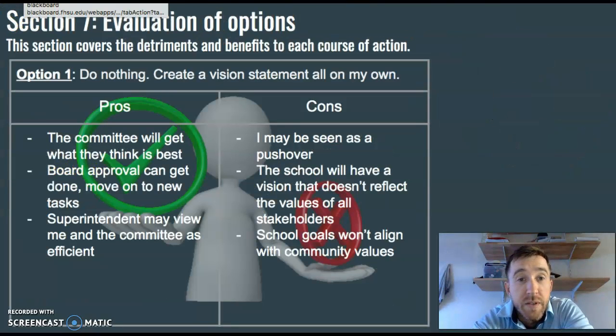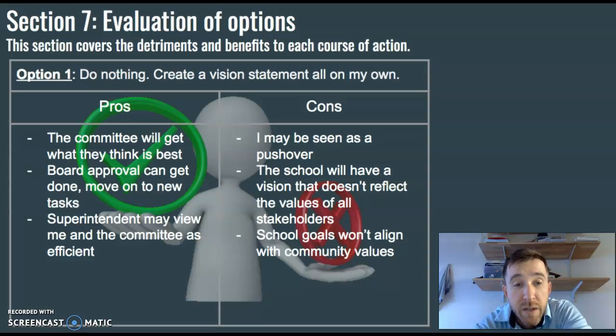For section 7, I'm going to be evaluating the pros and cons of all my options. My first option of do nothing. The pros would be that committee will get what they think is the best. The board approval can get done sooner, and we can move on to new tasks. And the superintendent may view me and the committee as efficient because we got done so quickly. Cons would be that I may be seen as a pushover. The school will have a vision statement that doesn't reflect the values of all stakeholders, and the school's goals won't